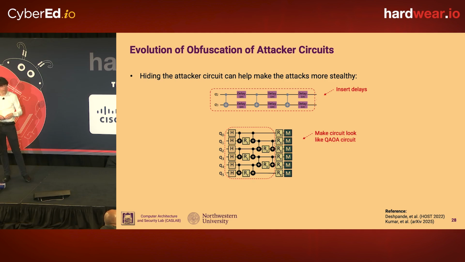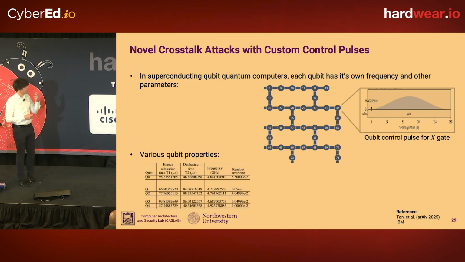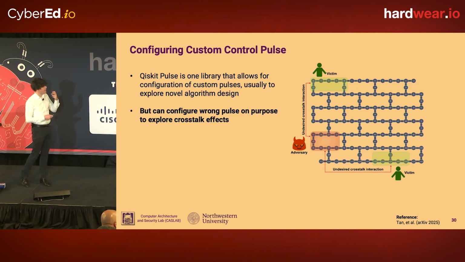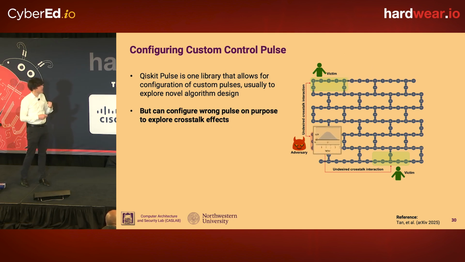So that's kind of an evolution of the different attacker circuits on the attack side. And then, a little short on time, but last but not least, I thought this is maybe a cool part to talk about: one thing that's specific to qubits is that each qubit operates at its own frequency. So each qubit has a unique frequency, and a recent attack that we demonstrated is, for example, what happens if you take a signal that's supposed to drive a specific qubit at a specific frequency, and then you apply it to a different qubit.